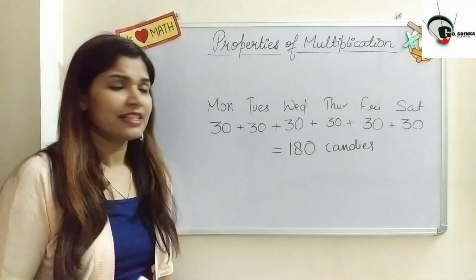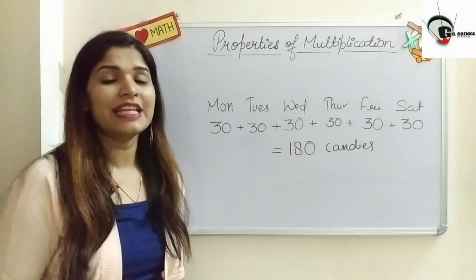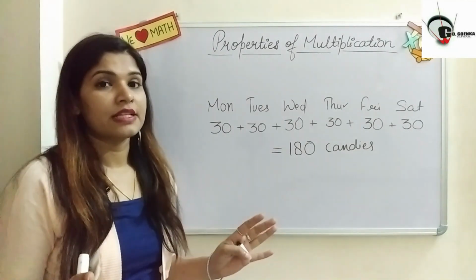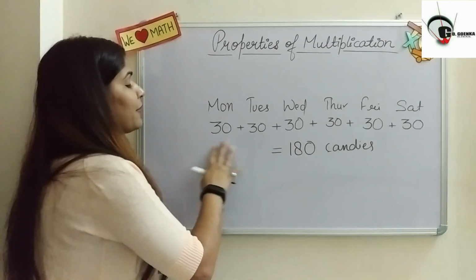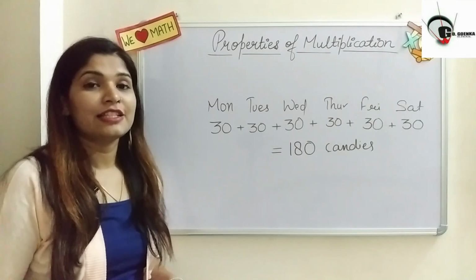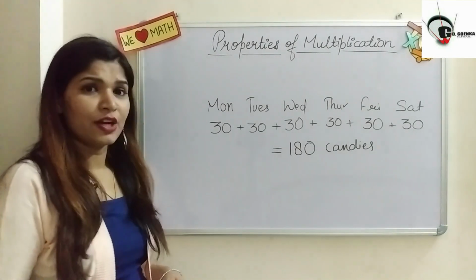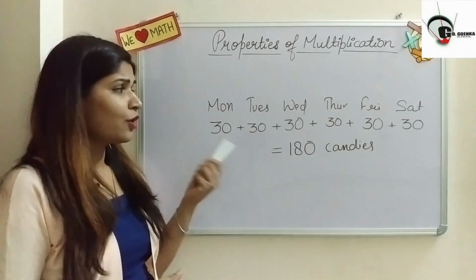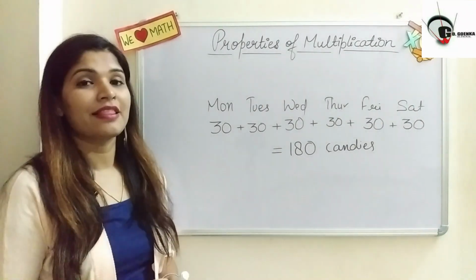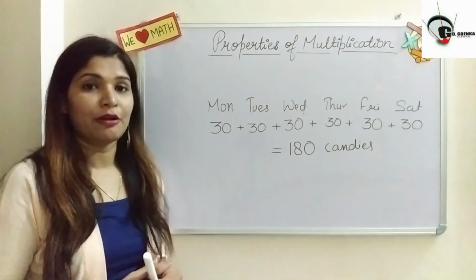But children, these are very small numbers which we can easily add. But what if we have more numbers? Suppose somebody asks us to calculate the number of candies she requires in one whole month. For this, do you really think you are going to use the same method? No, we have an easier method than this, which will help you do your calculation fast.